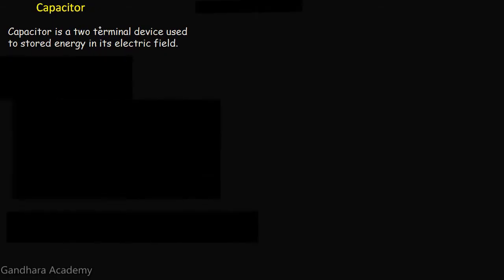In the previous presentation, we had a discussion on the concept of short circuit and open circuit. Now in this presentation, we will be talking about the basic circuit element, the capacitor. Like a resistor, it is also a two-terminal device, but the characteristics of a capacitor are totally different from those